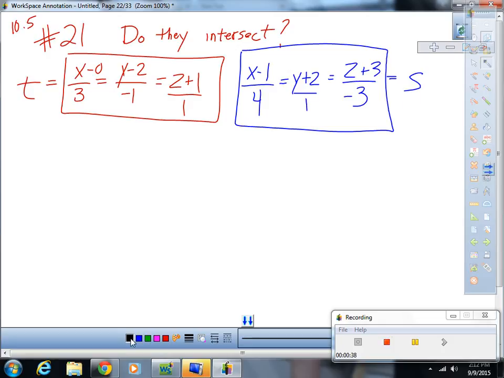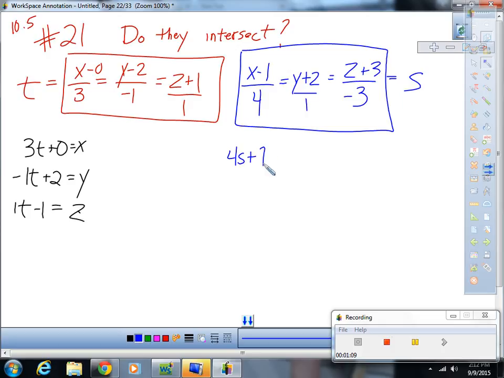So we can solve each of these for x. So 3t plus 0 equals x. Solve this one for y. Negative 1t plus 2 equals y. Solve that one for z. 1t minus 1 equals z. Okay, now over here we can say